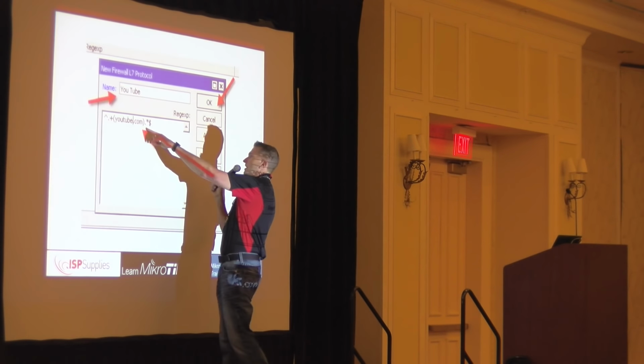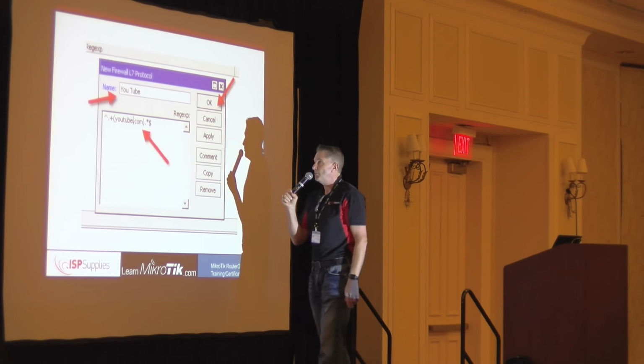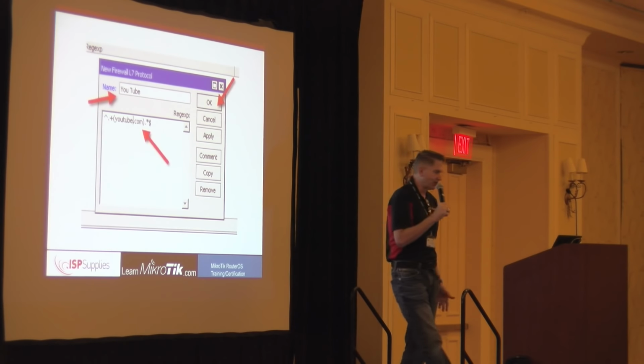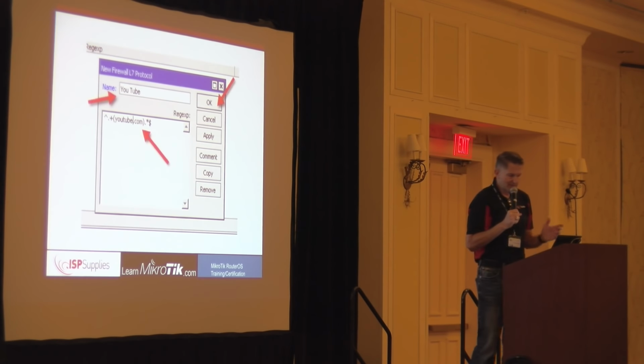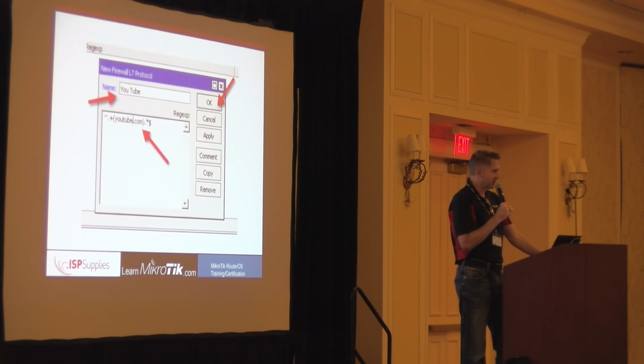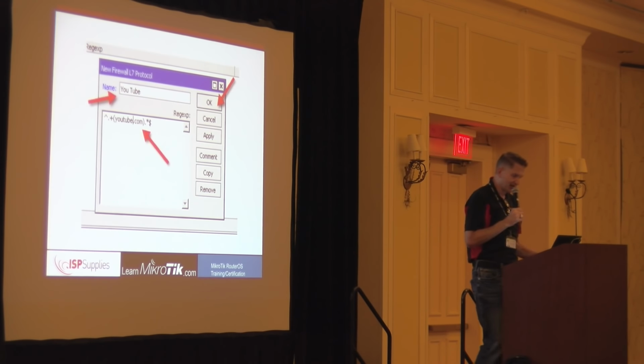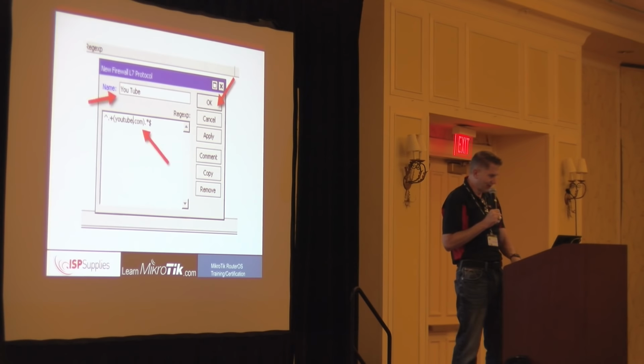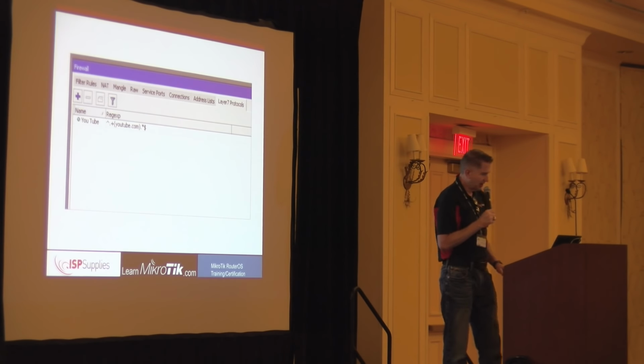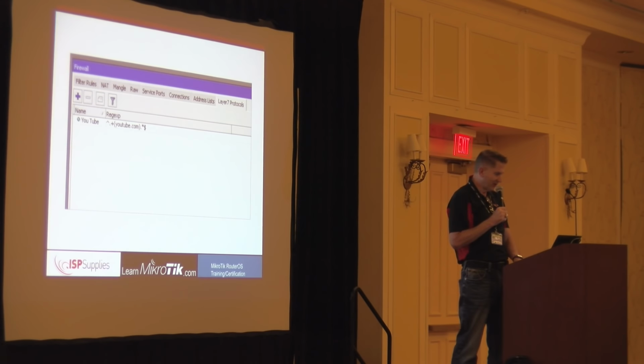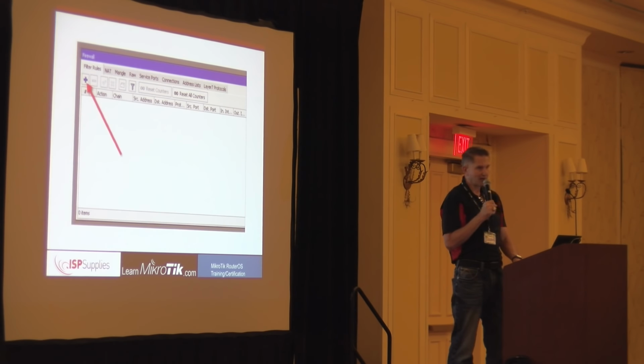This is a regex expression that will help you identify YouTube in the URL. There's thousands of these posted on the internet for different sites. If you're not a programmer and you don't know the syntax, you can just simply find one and use it. This one works for YouTube. Once you've created the Layer 7 matcher, it'll be in the window for you to use, and now you can apply it to a rule.